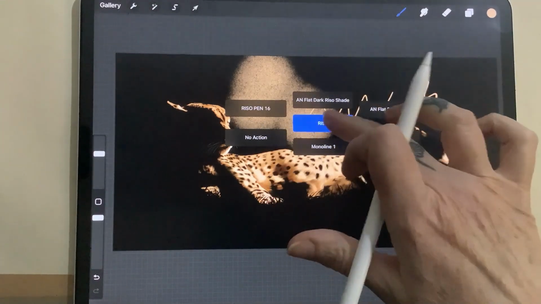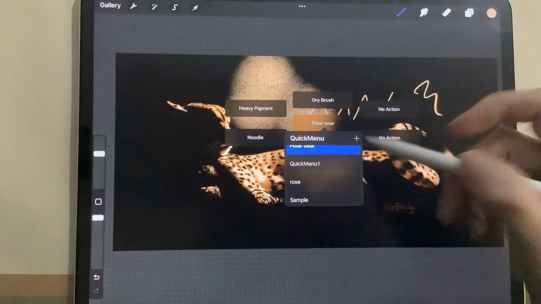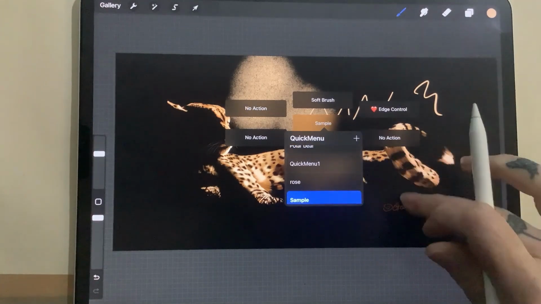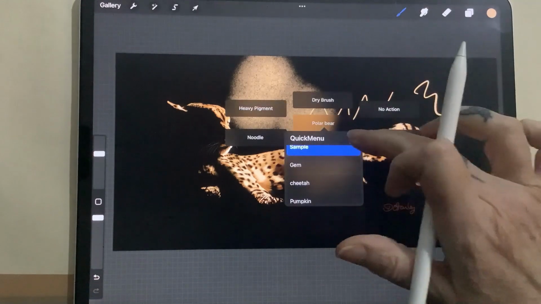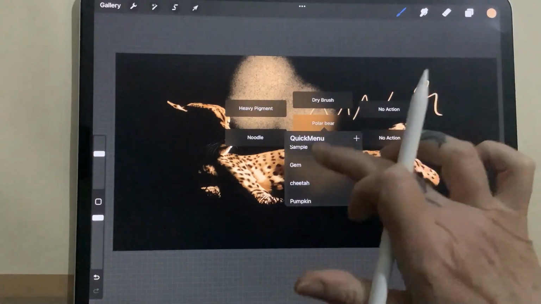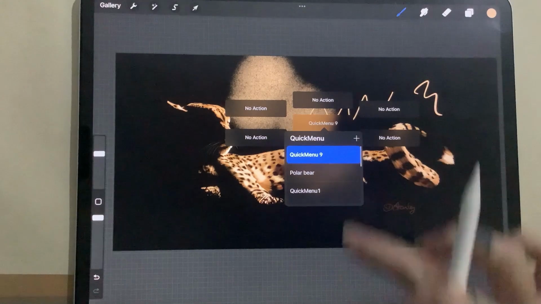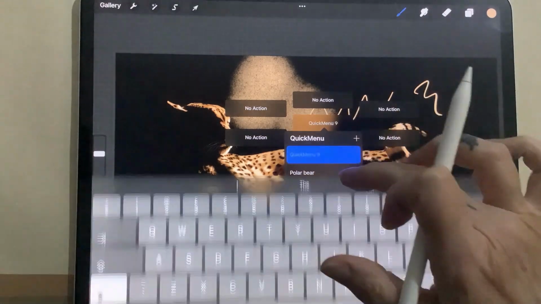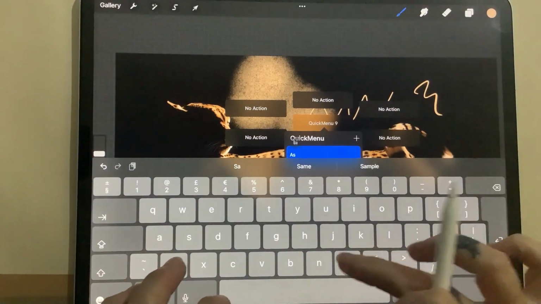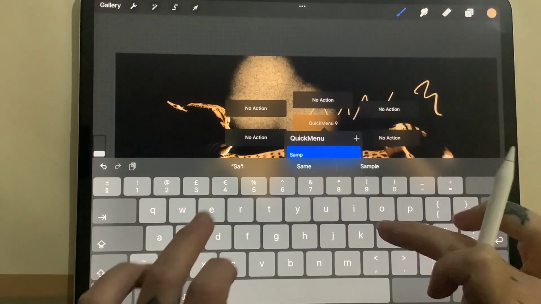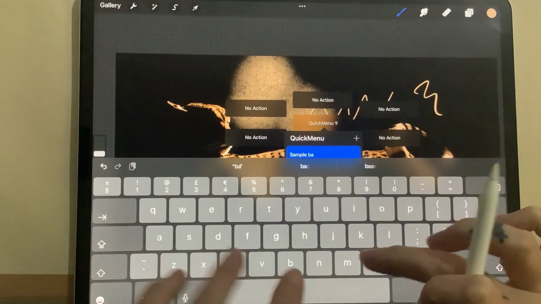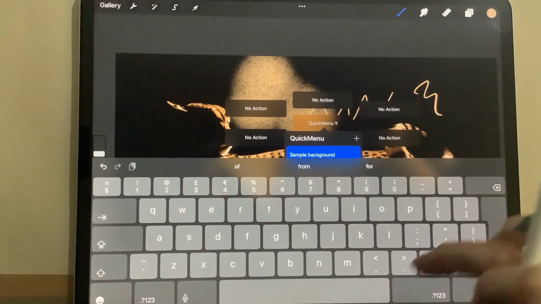So if you run out and you think, oh, that's no good, I need more than 6. So here I've got sample. So if that was my main one, I can add another one. And I can put quick menu, and then, for example, I could call it either sample 2, if I could type, or I could put, say, background,